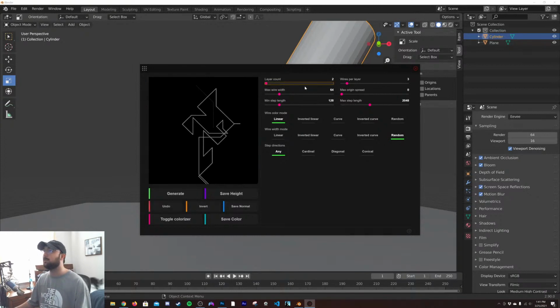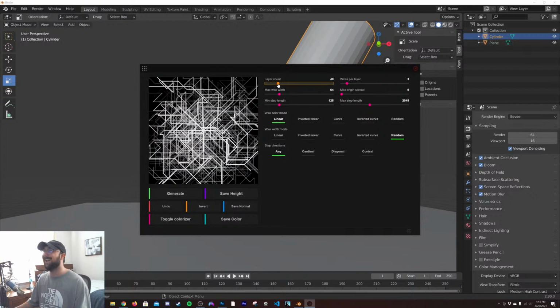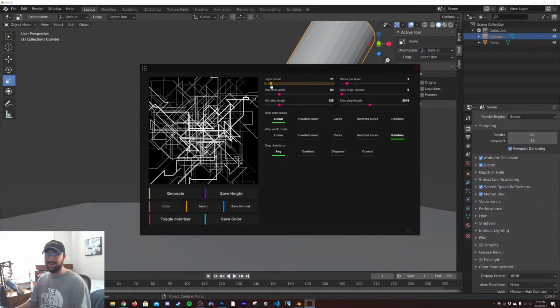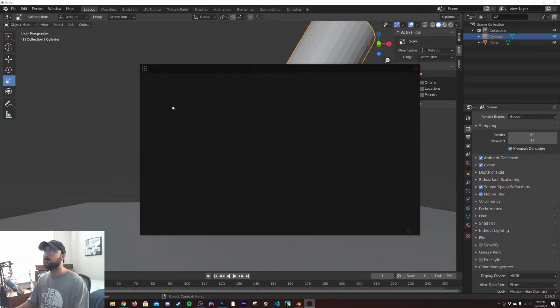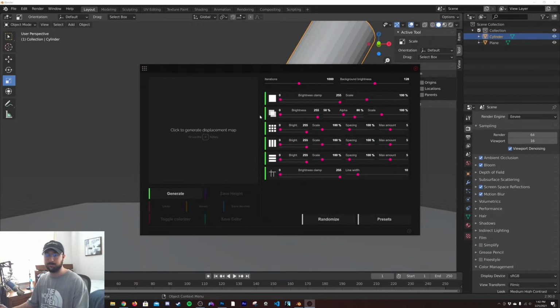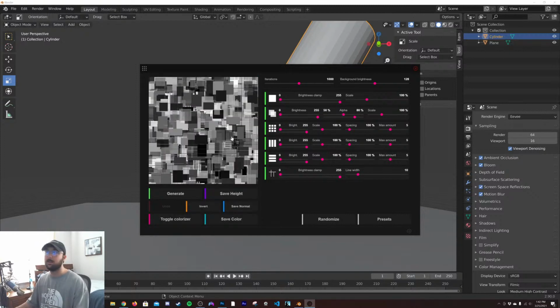Let's see, we'll go layer count to like 2. If y'all hear that, I'm sorry, Darby's being crazy. So it spits out these crazy cool, interesting patterns that you can maybe try to make procedurally, but it's a huge pain. So we're gonna go with just JS Placement Classic. We're gonna go with that.